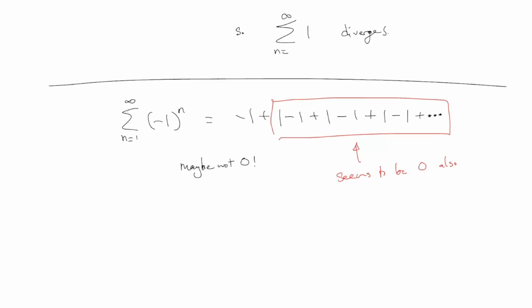Anyway, the answer is it diverges. This is the true answer to this. It actually does not add up to 0. It also does not add up to -1 or to +1. It turns out this whole sequence, or this whole series, diverges. Can we try and demonstrate that? Actually, it's not hard to demonstrate this at all. Turns out it diverges.